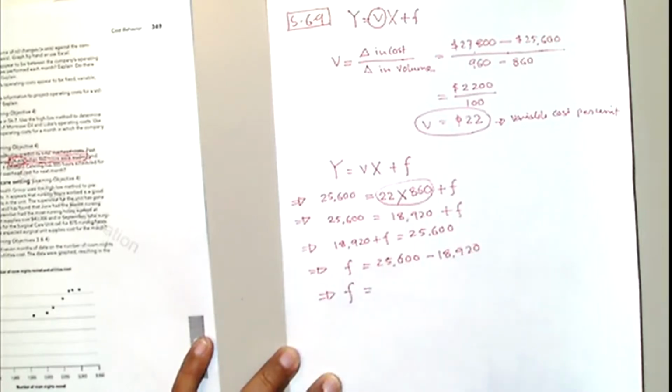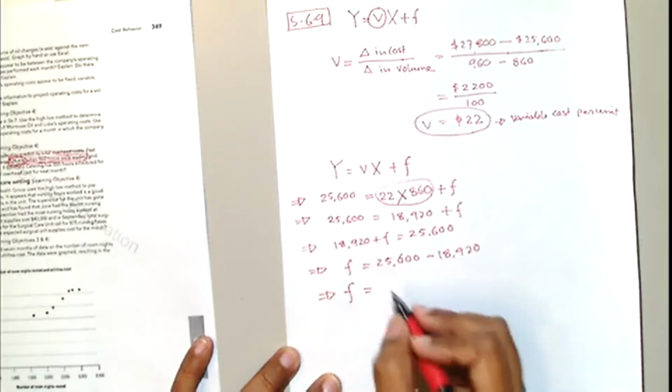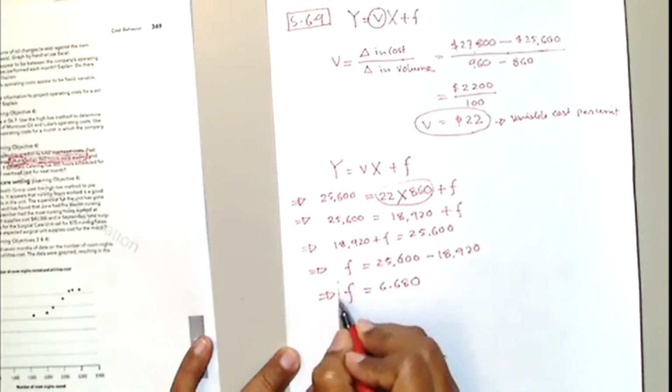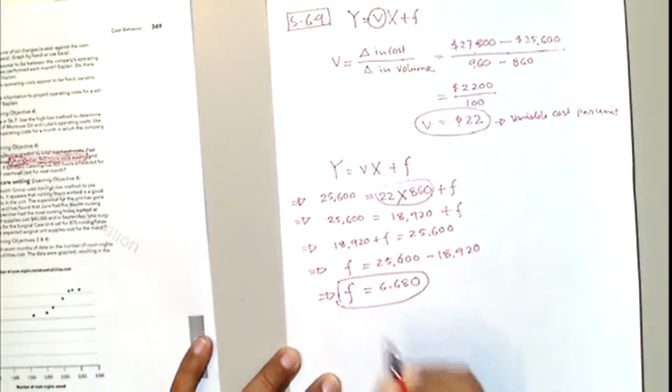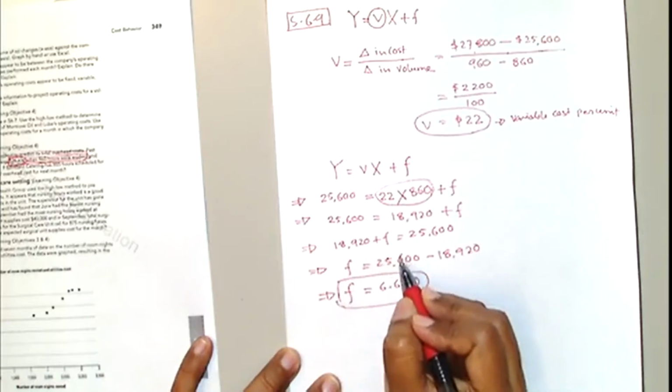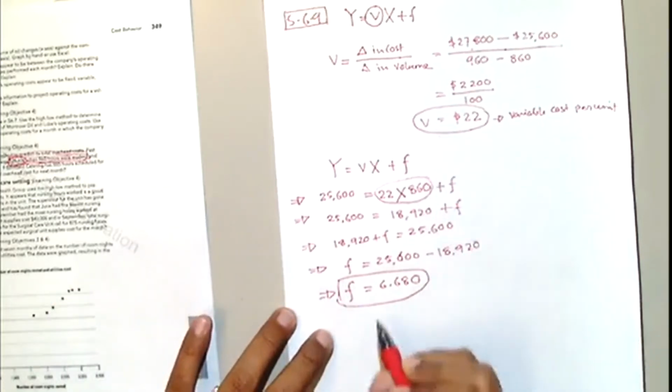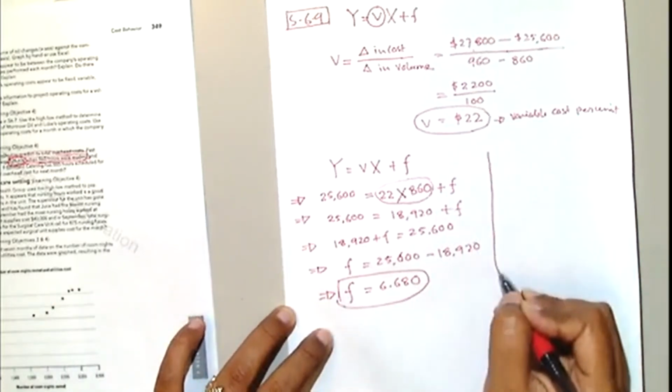F is how much? F, yes, Eden. You got 6,680. Is this the F that all of you got? Can you check it? This is 25,600. I subtracted 18,920. Is that the F? 6,680? Good. Colin, you also got this. So I have now a V, I have now F. Now I can write down our